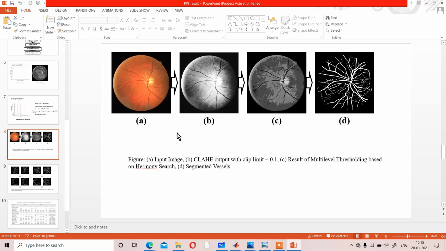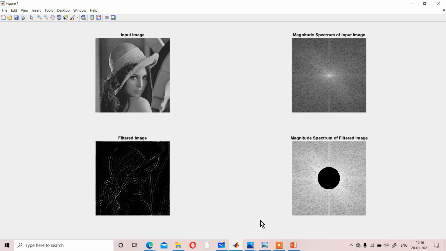After using the high pass filter, you need to do the histogram, some thresholding, multi-level thresholding part, that is a defined part, but initially you need to use the high pass filter. That is one step of the overall technique. Is that clear? So that is the high pass filter.